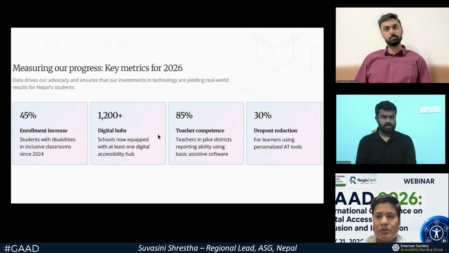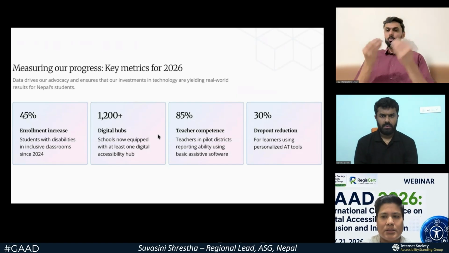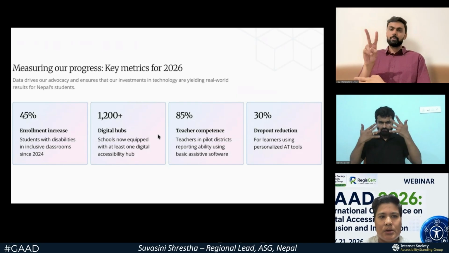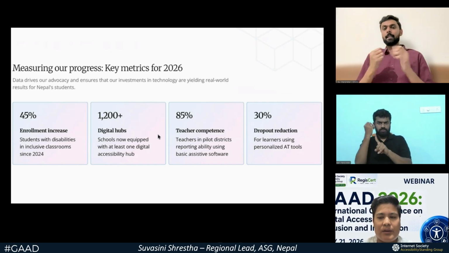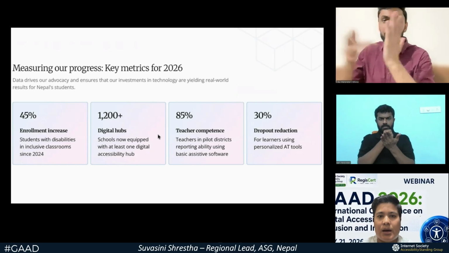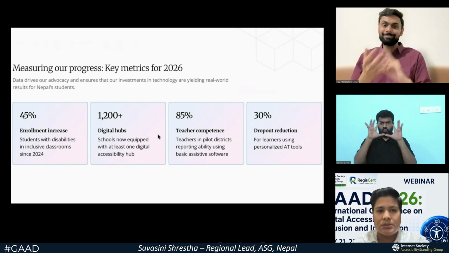So here we are measuring our progress in 2026, because data drives our advocacy and ensures that investment in technology gets real world results for Nepal students.